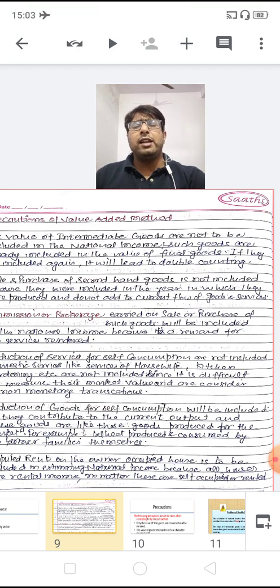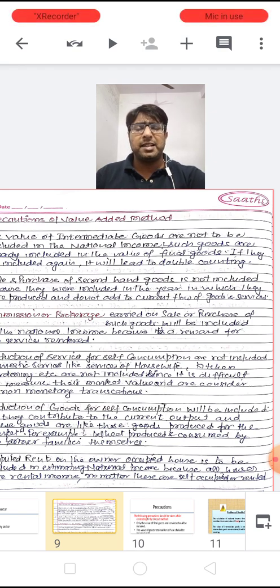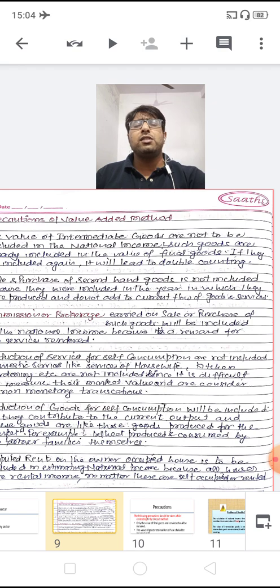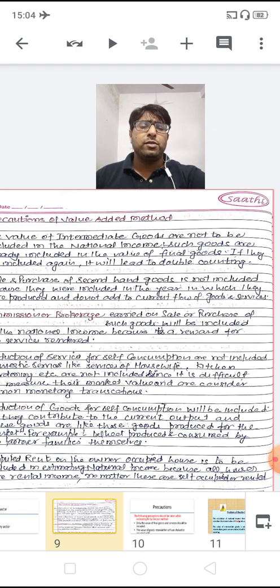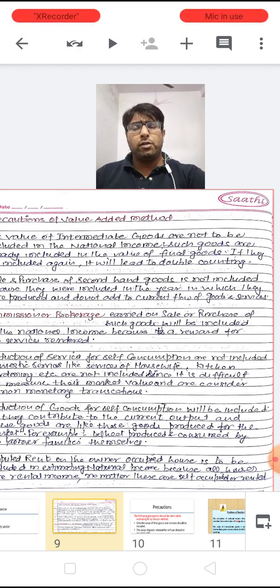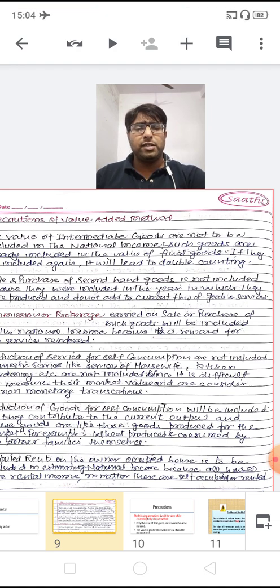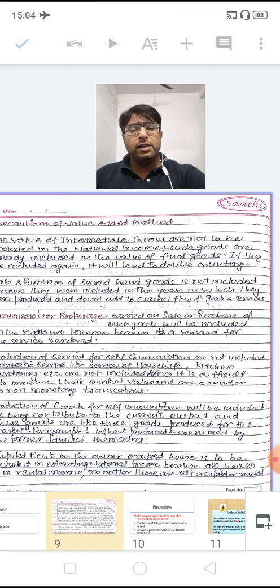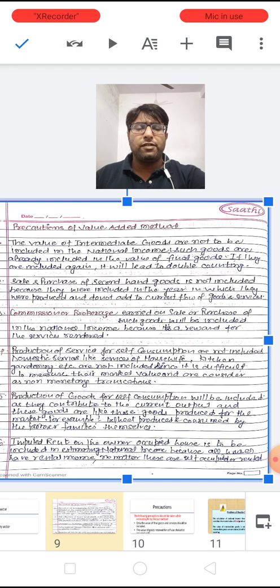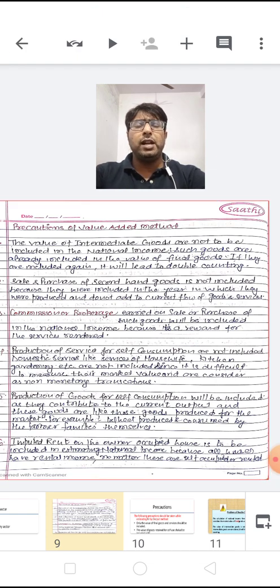For example, the services of a housewife, kitchen, gardening, etc. These are services which are non-payable, and they do not create any value added in terms of money. That is why we are going to exclude the services for self consumption. But if there is any production for self consumption, then it will be added in calculating the national income.